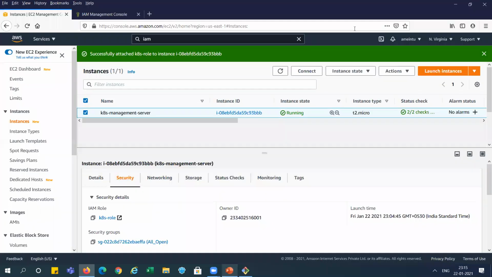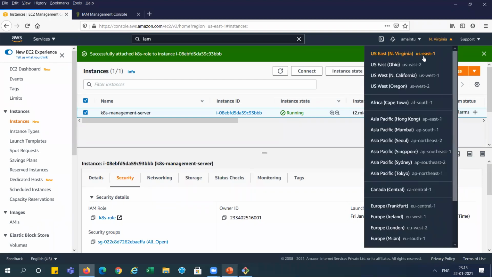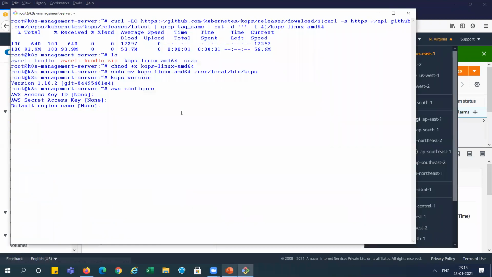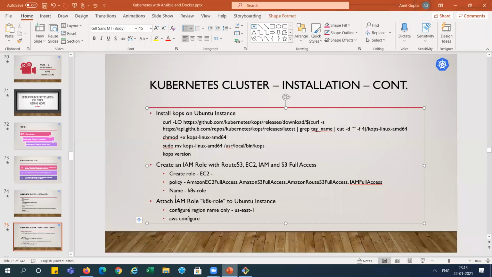You can see here my instance is running in North Virginia, and North Virginia is us-east-1. So I'm giving here us-east-1 and going with the default output, right? Now it is configured, right? So we have done this slide, right? So moving to the next slide.